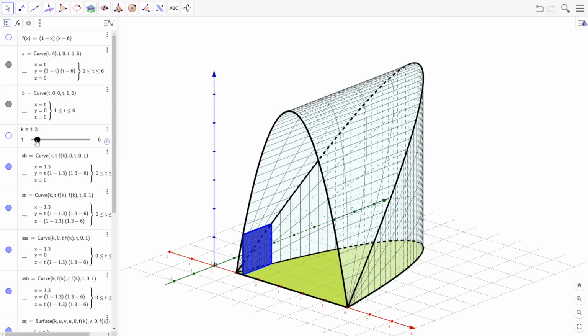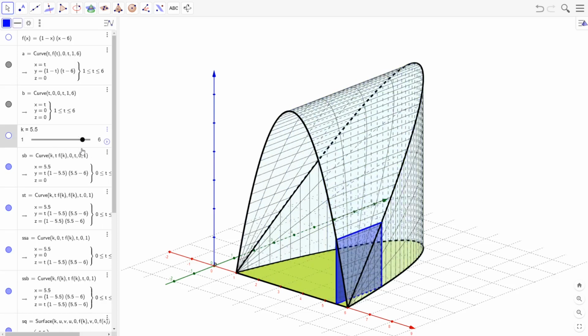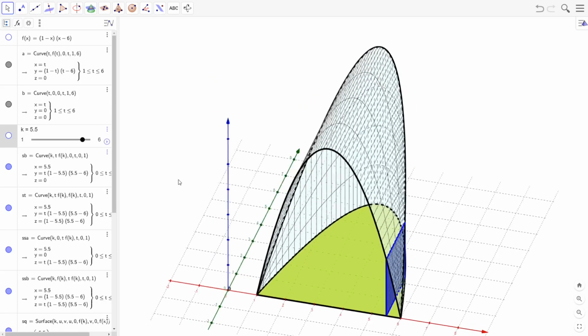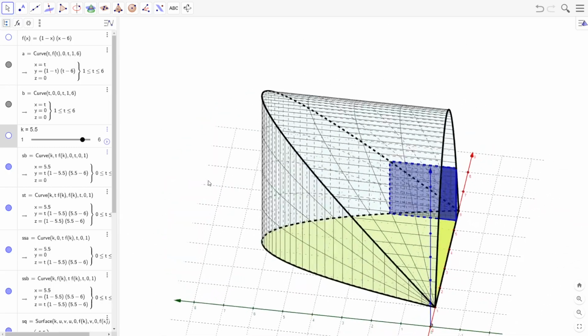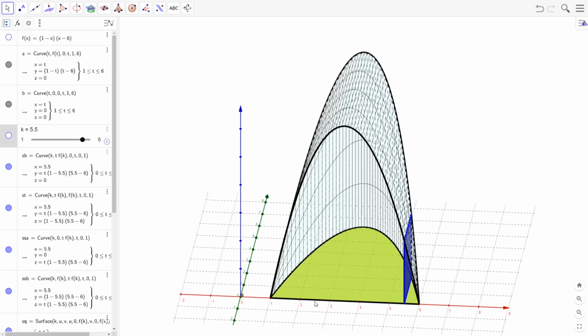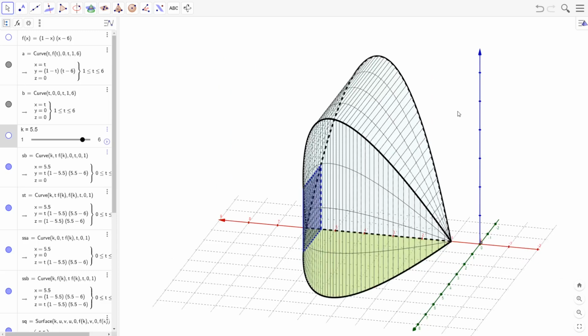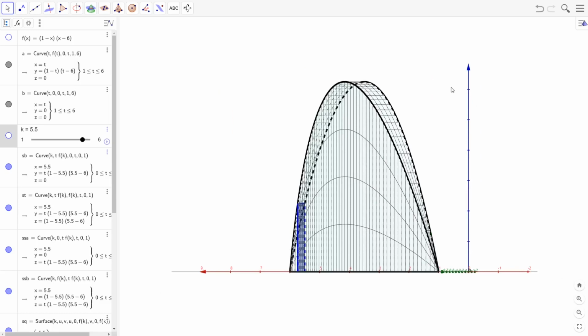What would the object look like that's created by putting together all of these square slices? We can create a frame that all of these squares fit into. Our next question might be, what is the volume of this three-dimensional solid that we've created? It fits inside a rectangular box that is 5 units by 6 units by 6 units tall. So its volume has to be less than 180 cubic units.